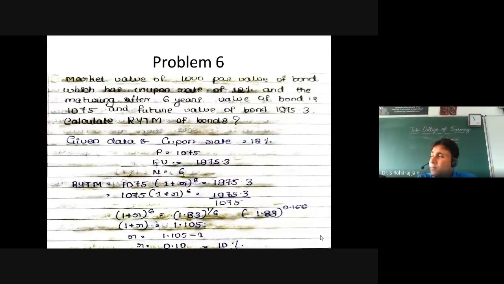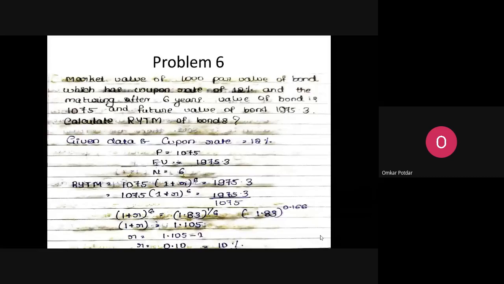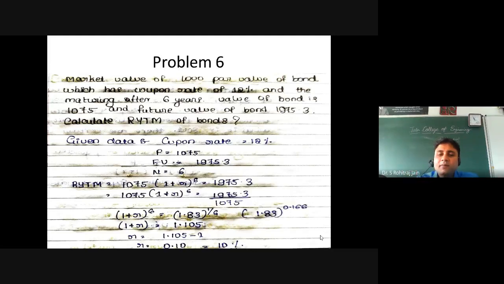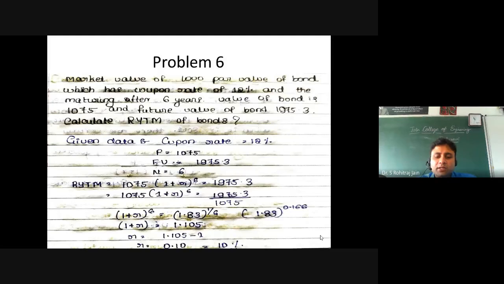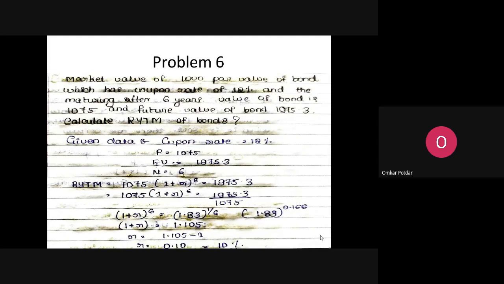Sir, 1 plus r to the power n, we can do it on the calculator directly. Yeah, but for this particular thing, you can use a scientific calculator also. No, we can do it on a simple calculator also, sir, by using root and equal, 12 times. Yes, you can do that. Or directly 1 divided by 6 you can do. You will get 0.166666, it's recurring.